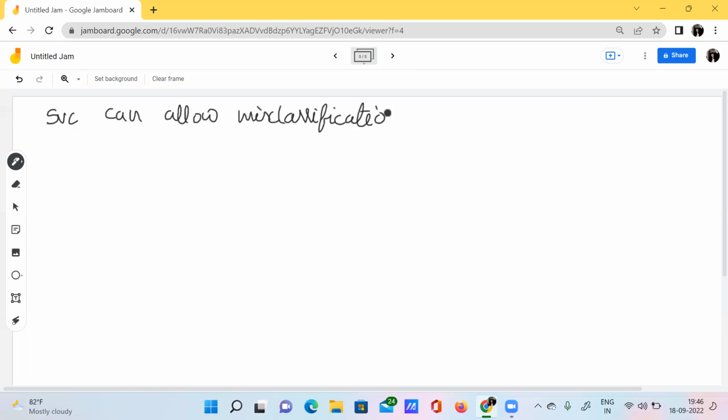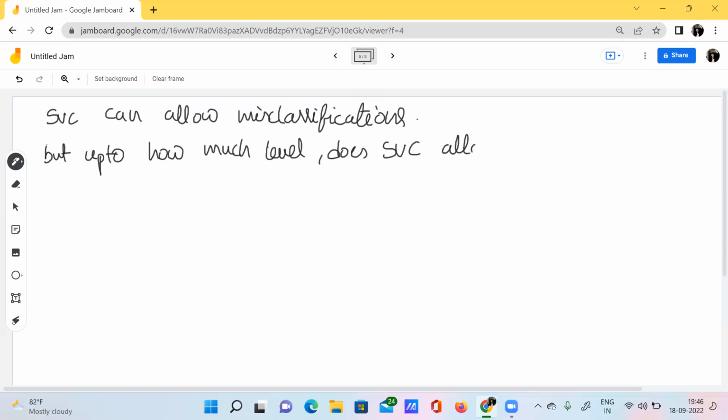But do you know up to how much? Up to what number does our support vector classifier allow misclassifications?